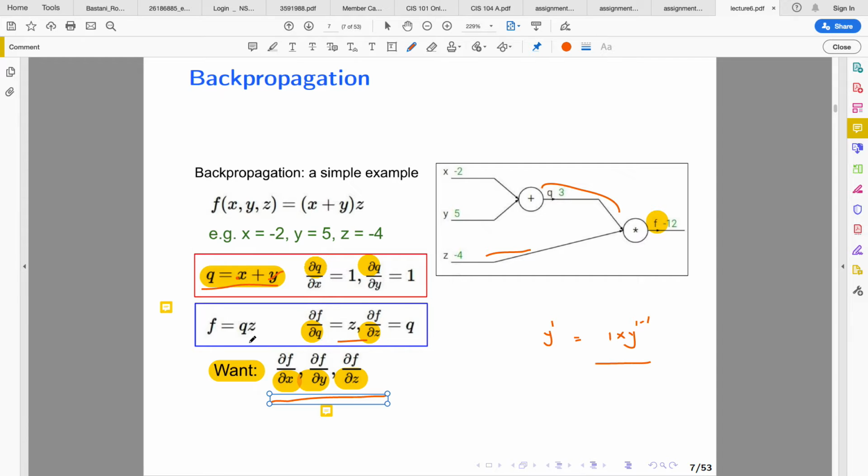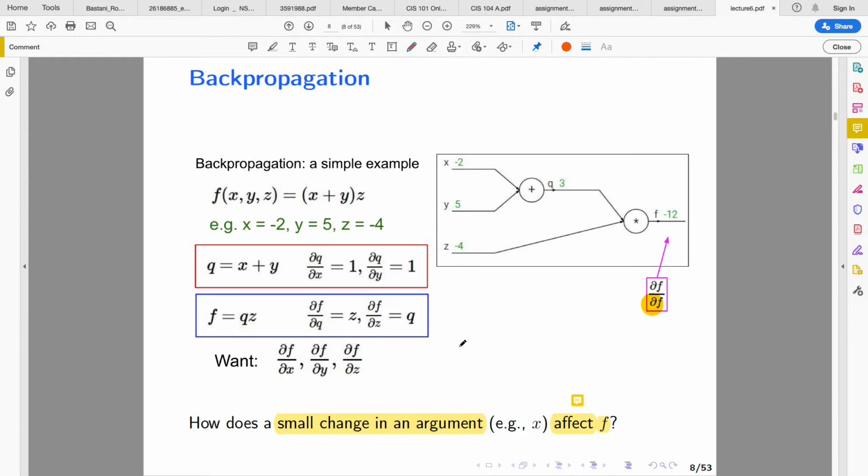Okay, so now when we're trying to differentiate f with respect to q, it just gives us z. When we differentiate f with respect to z, it just gives us q. These are just standard mathematical differentiation, which you can look up in calculus resource or text materials. Okay, so when we're starting from this place, partially differentiating f with respect to f, it just gives us 1,